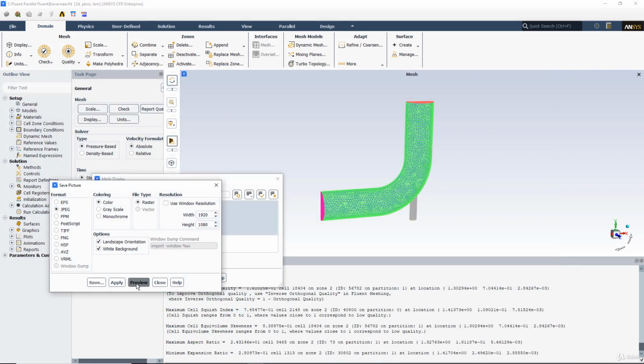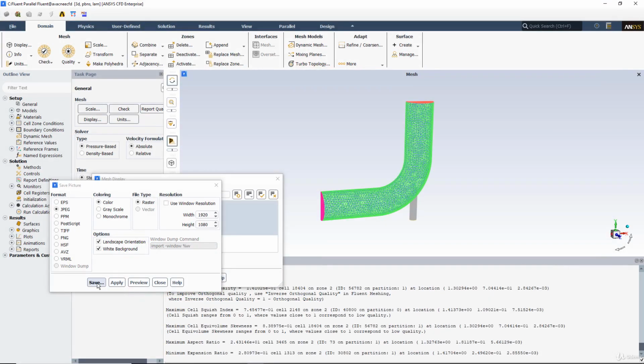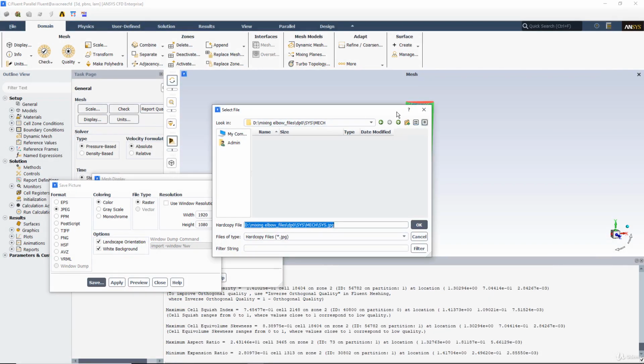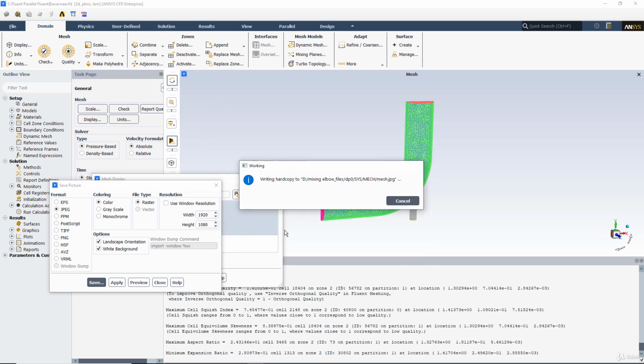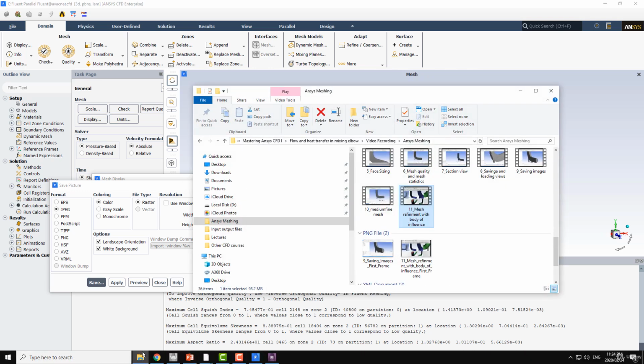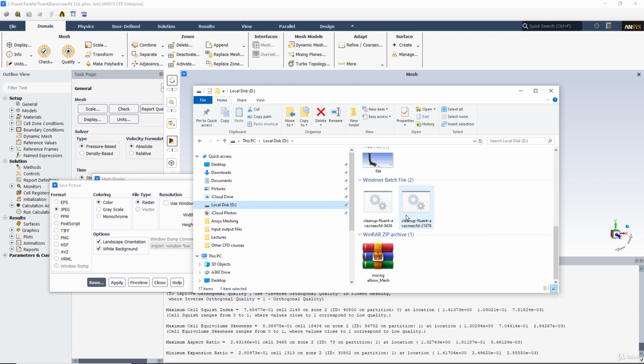So let's say I again go back to this white background and save the picture file. I can save it, let's say, in the D folder, and the file name for the picture is the sys.jpg. You can change the file name, let's say, to mesh.jpg, and save it. And then from the D drive you can open the file